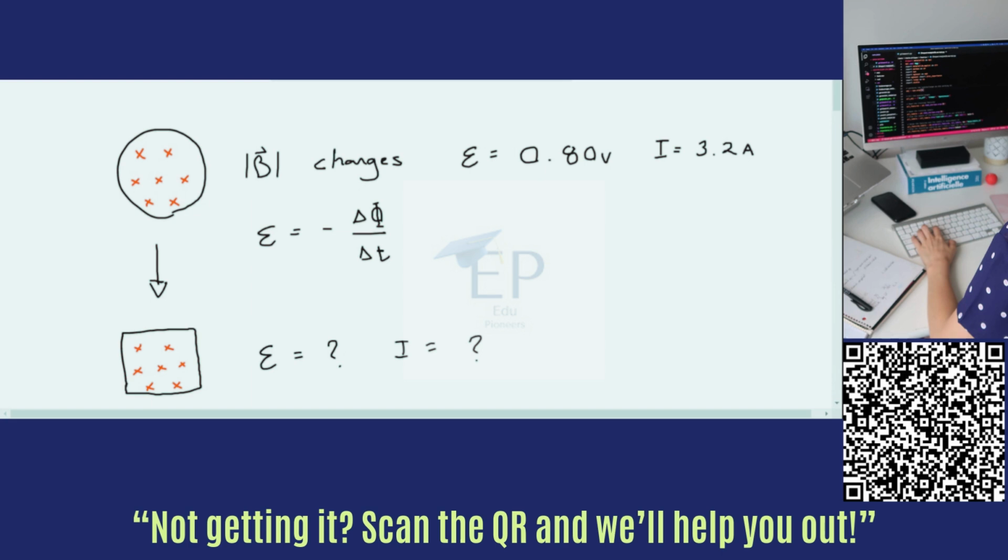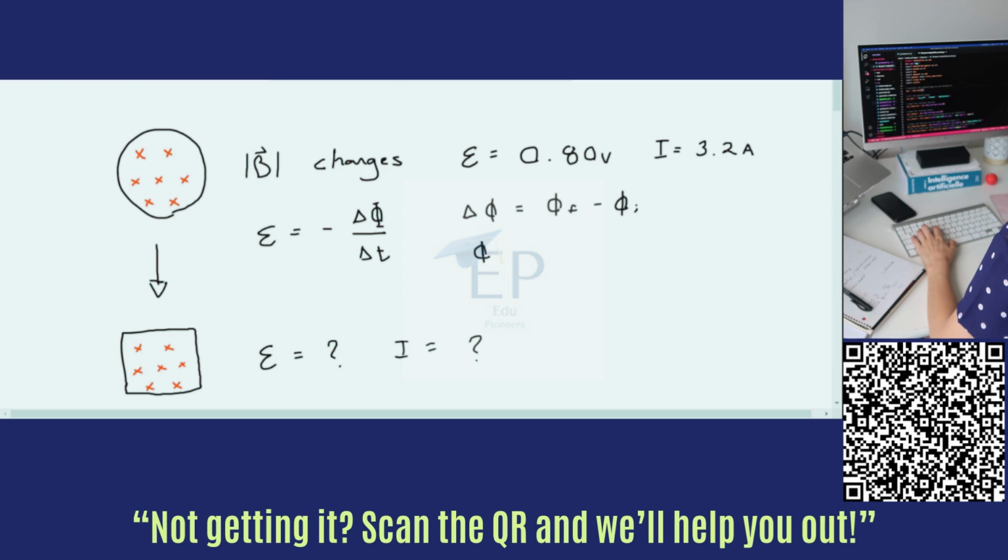Okay, so first things first, let's just write off some expressions for what the induced EMF should look like for each of these loops. So for the circular one, we know that the induced EMF is going to be minus the change in flux over the change in time, where our change in flux is just going to be the final flux minus the initial flux,